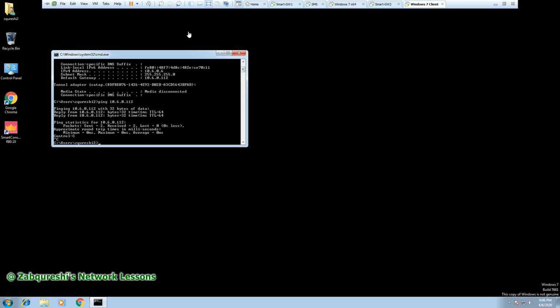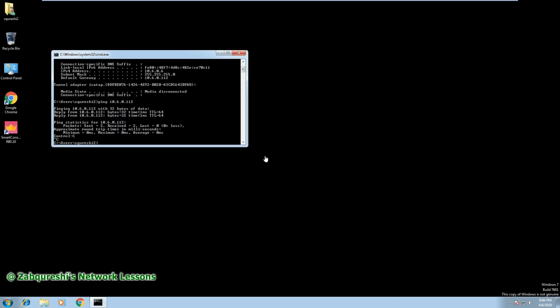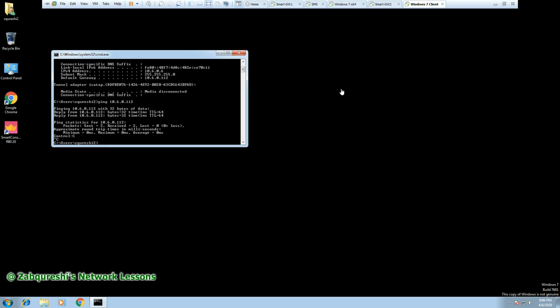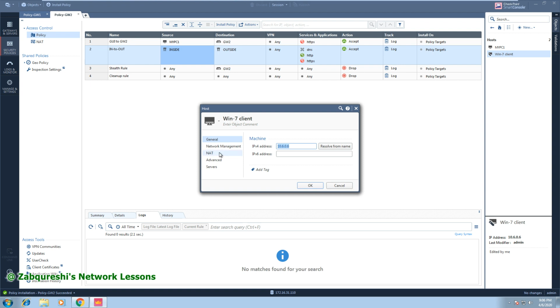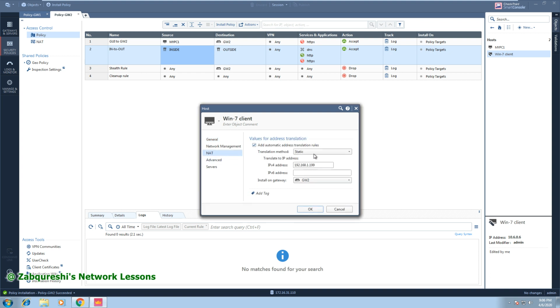So when this PC goes out to the internet and hits gateway 2, gateway 2 should have a route. So it has a default route, reaches to the gateway, and you know that a private IP cannot go to the internet, right? So what we need to do is have a NAT for this PC. For this purpose, I have done static NAT. About the NAT in Checkpoint, I'll be creating a separate video and I'll be explaining the different types of NAT. But for now, what I have done is I've added a static NAT to this IP 199,